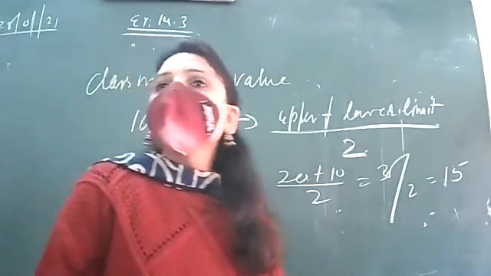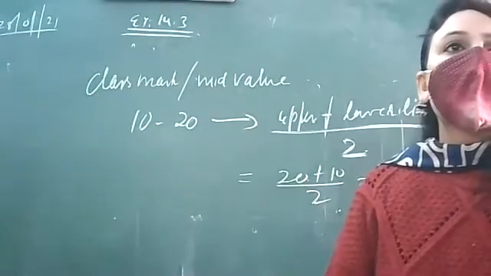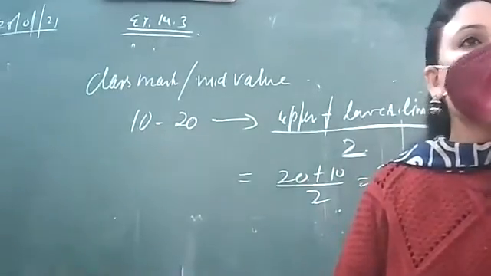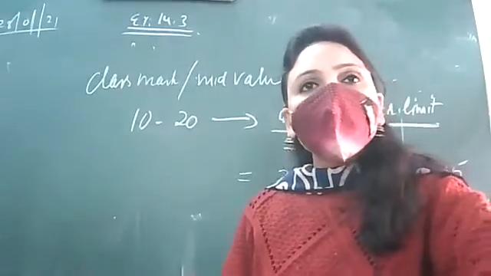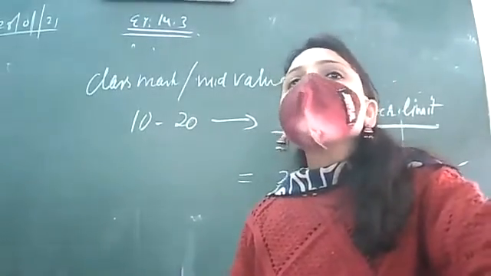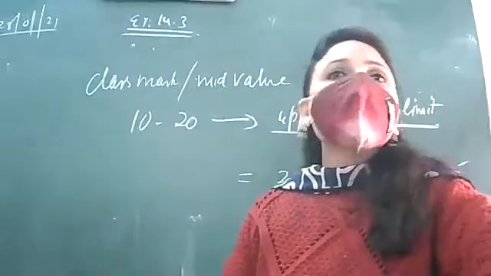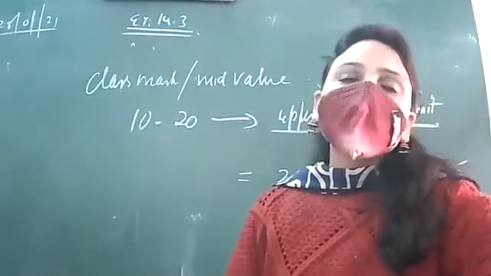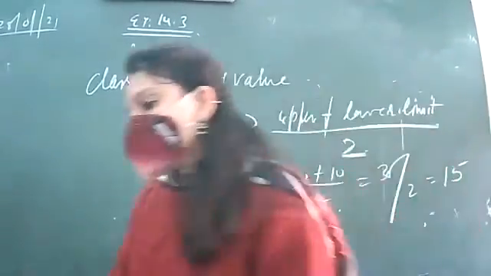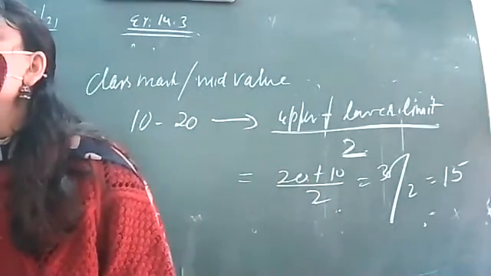Mid value and class mark are the same thing, बेटे. If it comes in an MCQ, you write directly, you do the direct calculation, and if it is in the fill in the blanks form, even then you can do it directly. If it comes in 1 mark, then you put the formula and replace the values. Okay, in 2 marks, sorry, no talking at all.